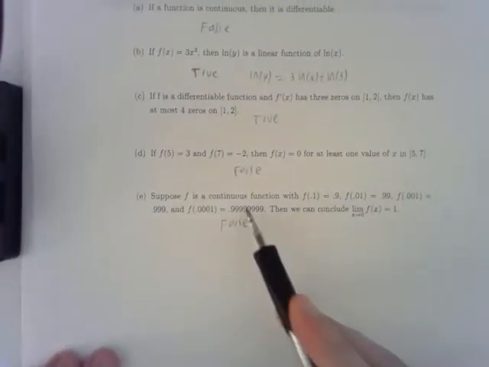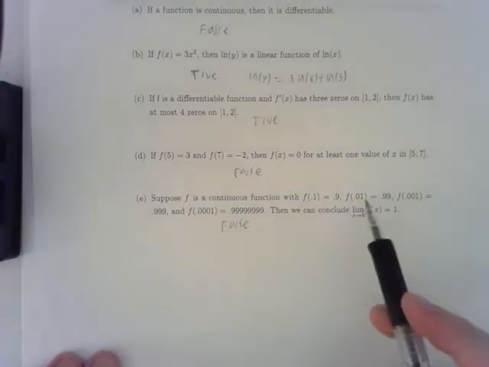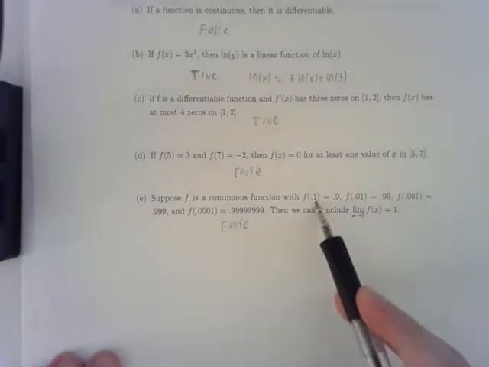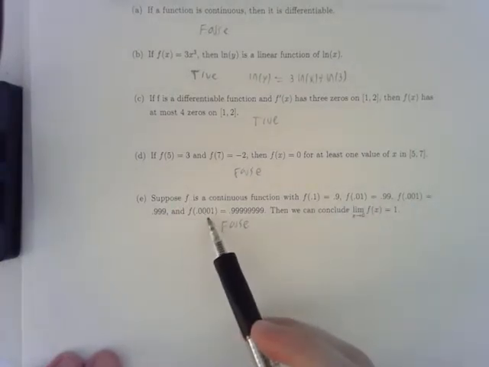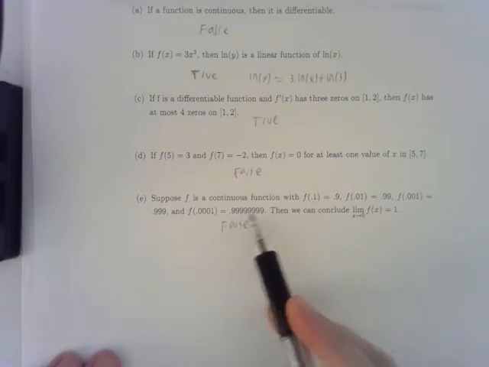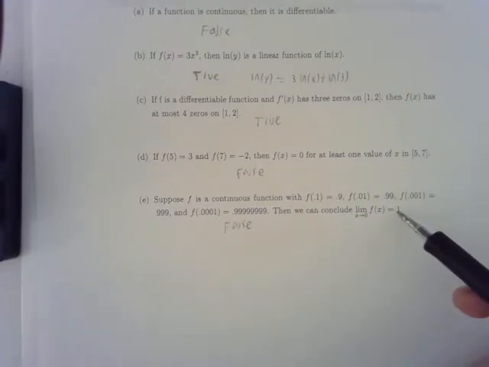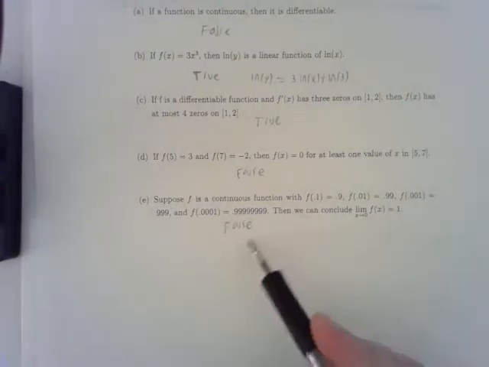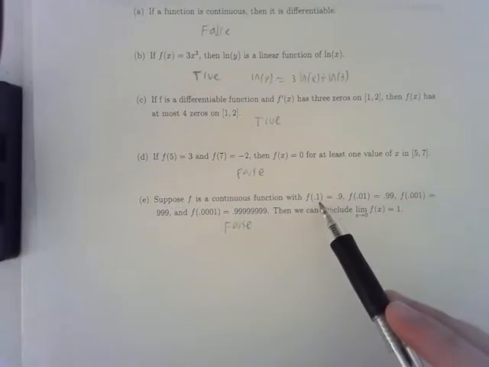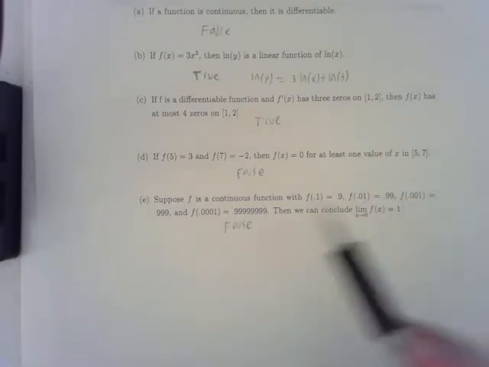So now let's look at the last problem. We're given some values of f, and it looks like as we plug in values of x closer to 0, the values of the output are getting closer to 1. And we're asked if we can conclude that the limit as x goes to 0 of f of x is equal to 1. And this is false because if we look at these values, we're told about 0.1, 0.01, 0.001, 0.0001. We're only told information about values to the right side of 0. So this is false